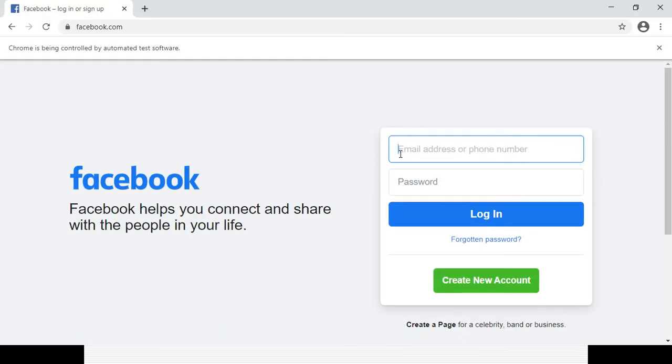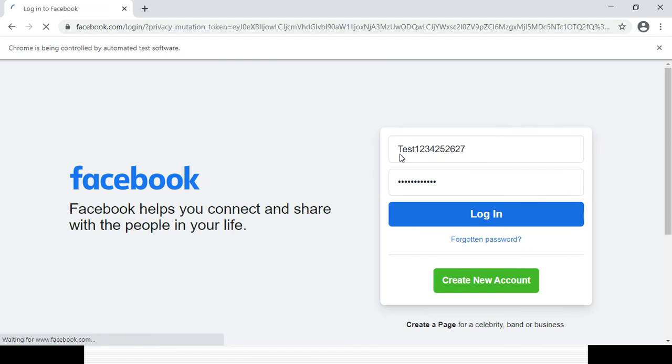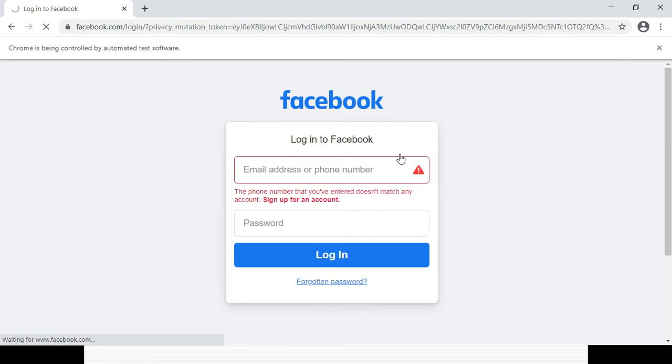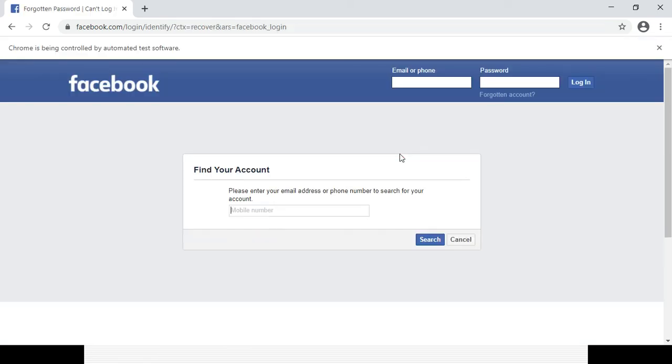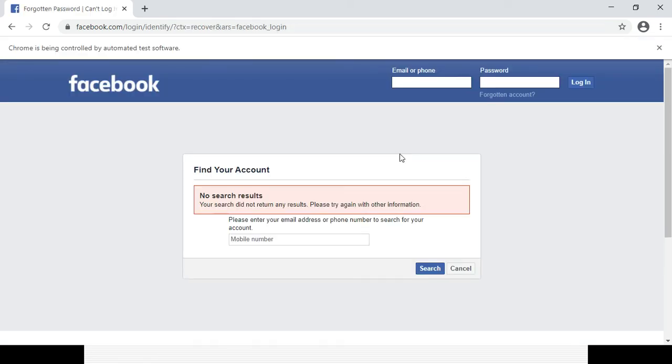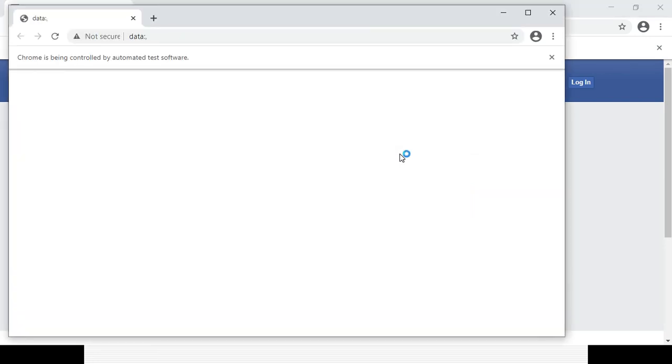Then it will try to enter the email ID and password fields, click on the login button, and after that click on the forgotten password link, because the reset password part is getting executed first. After that, for this test case we did not quit the browser. That is the reason the browser is not getting closed.